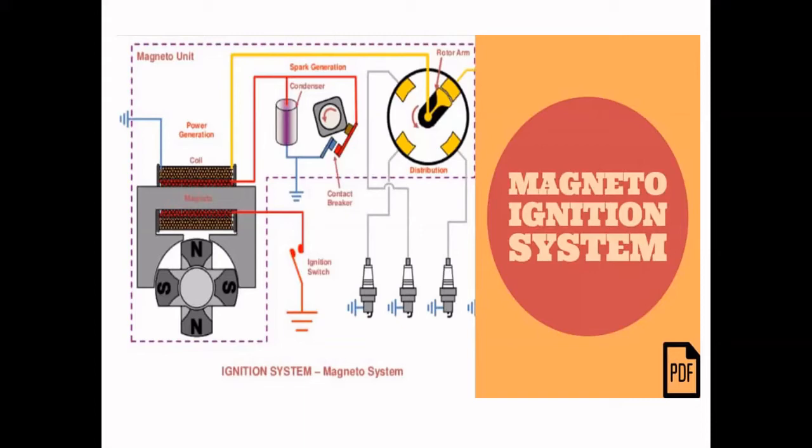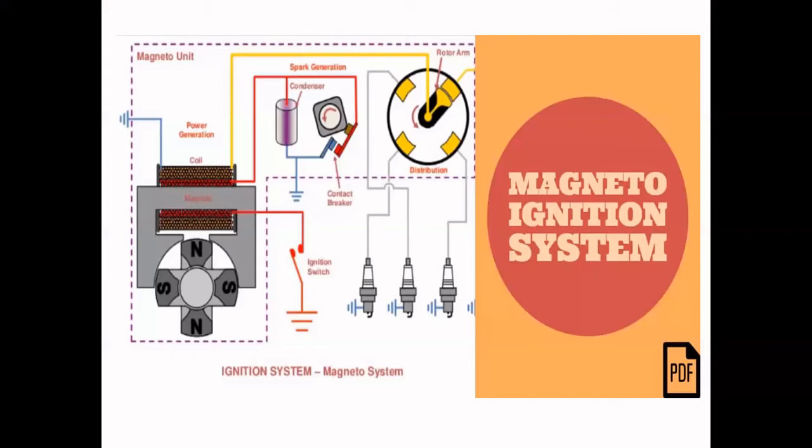Again, I will repeat: in general, three types of magneto are used. Please note down if you have a pen and pencil. Three different types of magneto are used in the magneto-ignition system. Some systems will use the armature rotating type magneto, some will use the magnet rotating type magneto, and some engines will use the polar inductor type magneto.